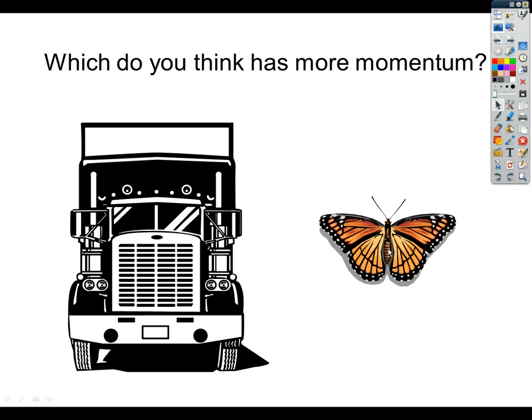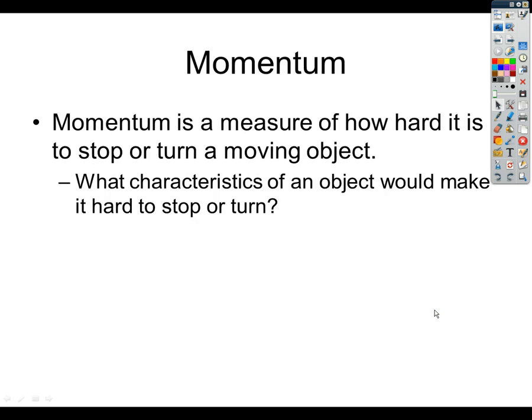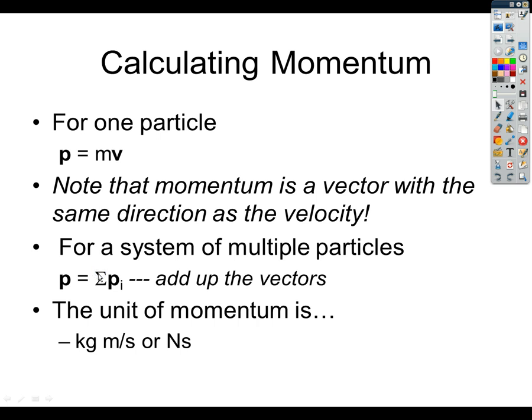You have to be very careful that you understand the momentum is not just based on mass alone, but it's also based on the speed of an object. When we look at this very first statement, it just basically wants us to define what momentum is. Momentum is a measure of how hard it is to stop or turn a moving object. If you think about the characteristics of an object that would make it hard to stop or turn, two of them come to mind. The first one is the mass of the object, and the other one is the speed